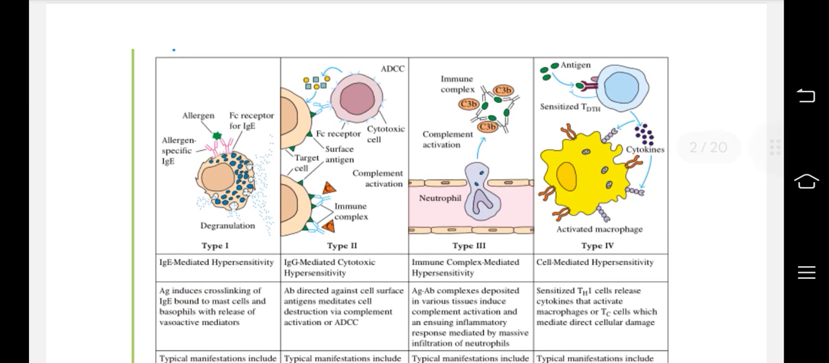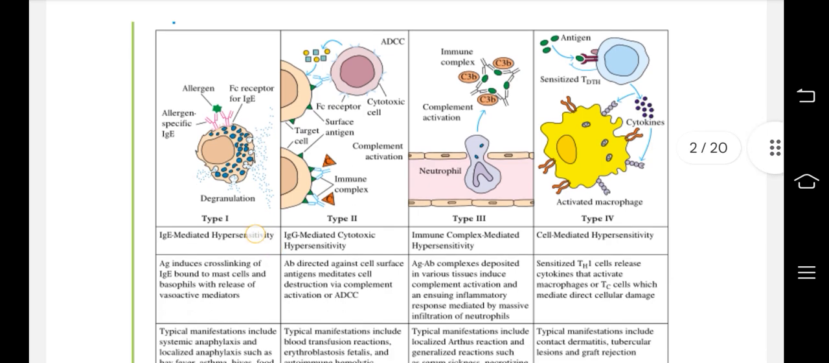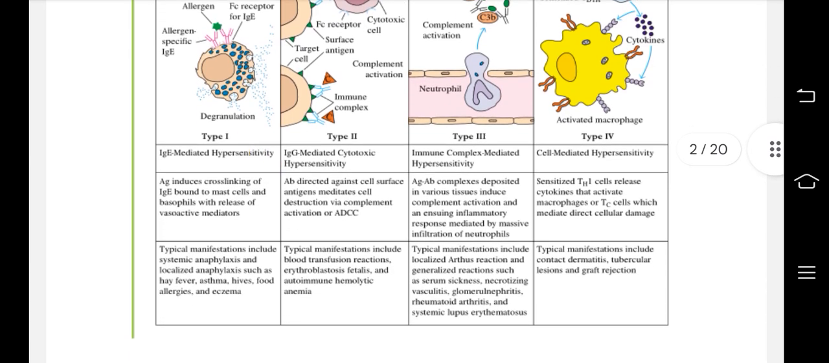Then there will be another type, type 2. In type 2 we could see ADCC. Then a cytotoxic cell is there, Fc receptor, target cell, surface antigen, complement activation will be taking place, and immune complex is formed. So what is happening in case of type 2 hypersensitivity? Earlier it was IgE mediated, type 1. Type 2 is IgG mediated